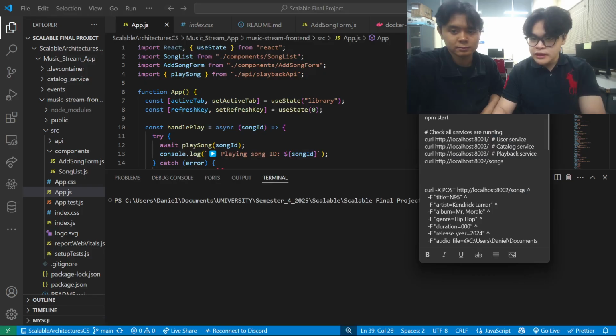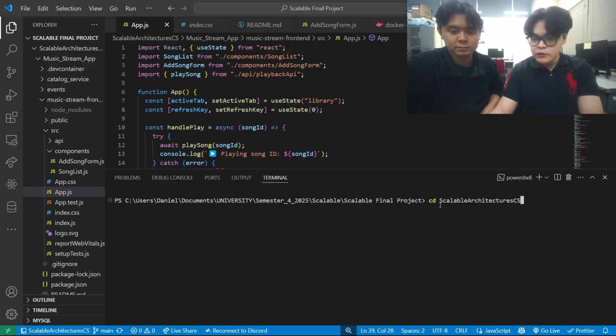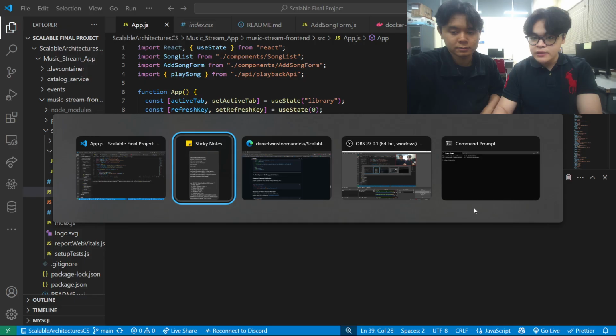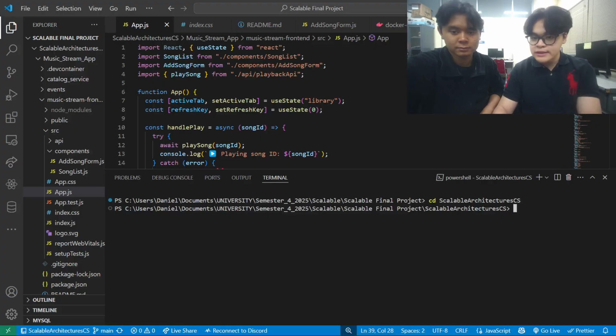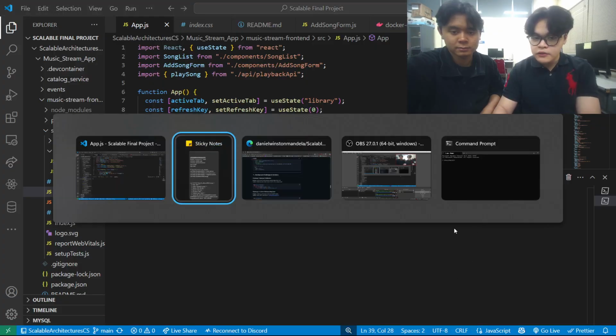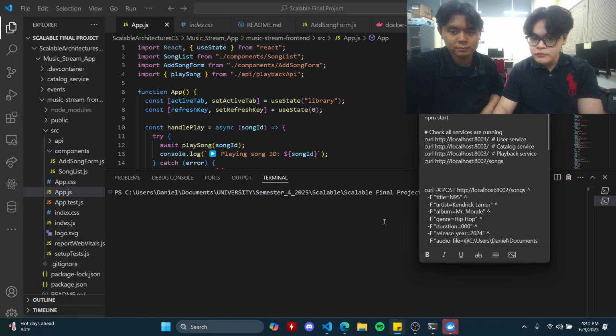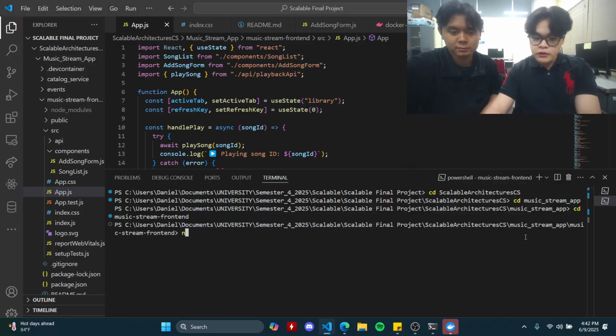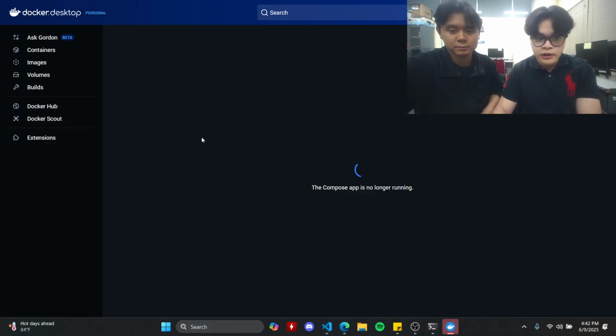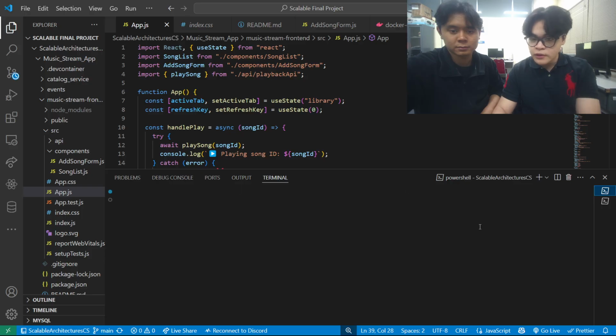So first, again, once you git clone our application through our repo, you would have to go into this directory first, and then you would have to set up your Docker. Now, while we're setting up Docker, let me open a new PowerShell so that I can go into the directory where the front end lies, because we want to show you guys that as well. All right. So here we're going to install first, and while that is working its magic, I'm going to check whether Docker is already running. All right, seems like it's running, and because of that,